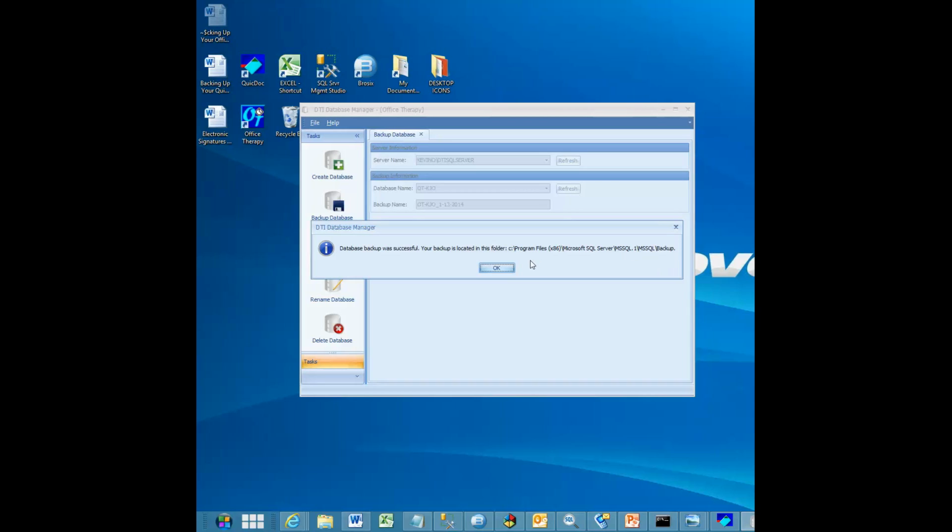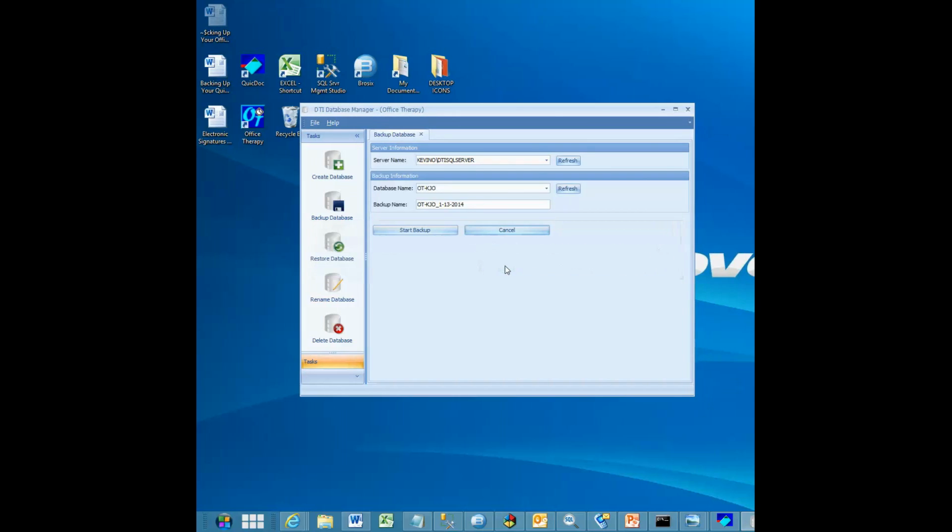If you're running Windows XP or Windows 7, the location in all likelihood will be C:/Program Files without the x86/Microsoft SQL Server, MS SQL.1, MS SQL, and backup. So what we're going to do is navigate to that location. So let's click OK, and I'm going to exit